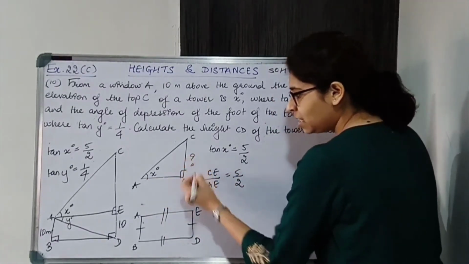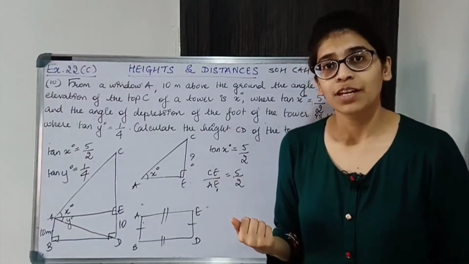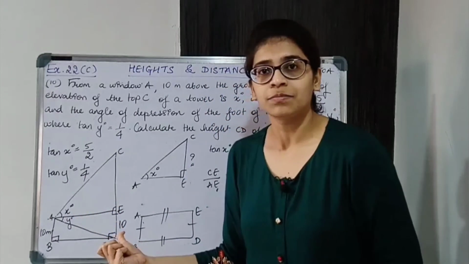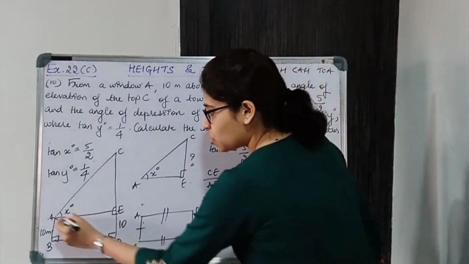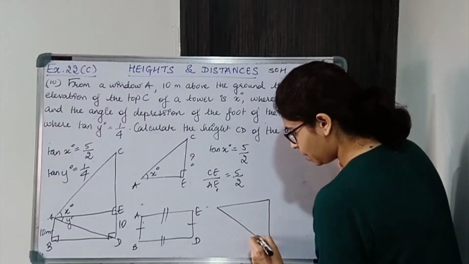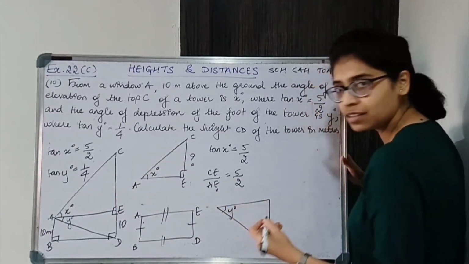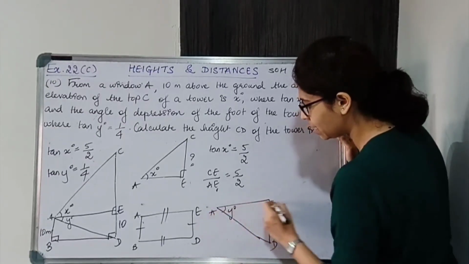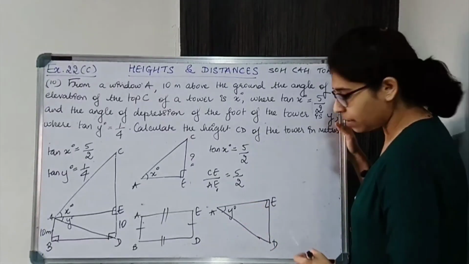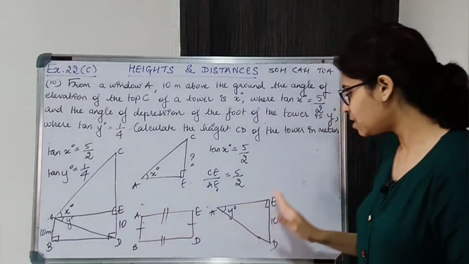To find CE I need to know AE. Do I know AE? I don't know. So AE पहले find करना पड़ेगा. Okay, AE कैसे मिलेगा? Now this triangle DAE will be useful. DAE जो है, it is not just given like that. Tan y ऐसे ही नहीं दिया है, it is useful. So this is the reason you need to pay attention to even small details given in a question. तो यहाँ पे tan y हम लोग को दिया हुआ है. Also we are given this is 10 meters. Not given but from the figure you can say ED is 10 meters.